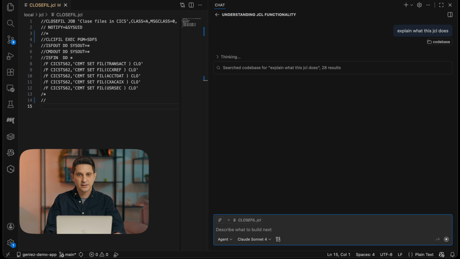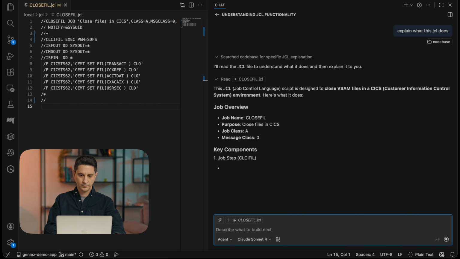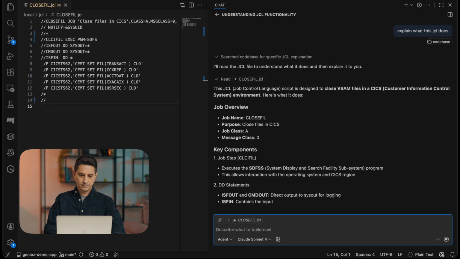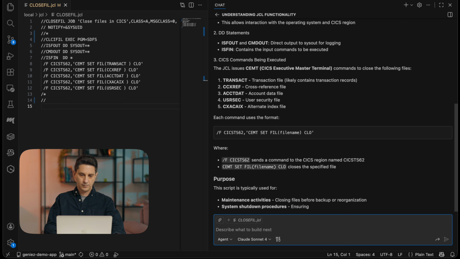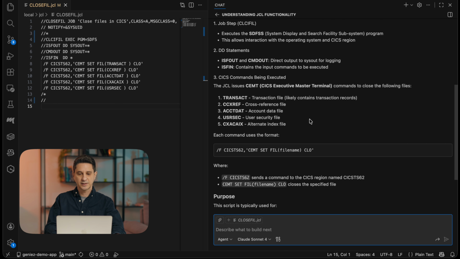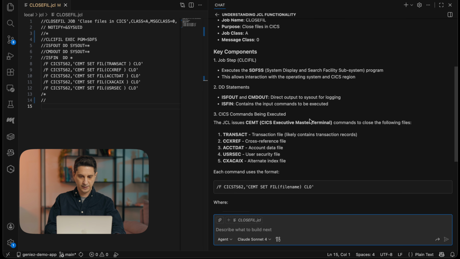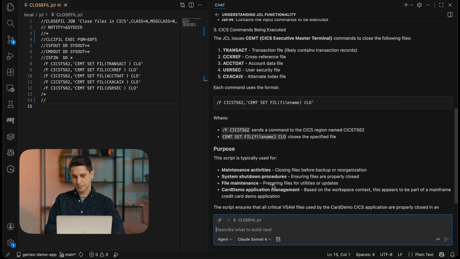And this is a basic capability of Copilot. It's going to look at the JCL and explain what it does. And as you can see, it came back and it's explaining that this JCL closes some CACS datasets. It's giving me the list of datasets and which command is used to close the dataset. This is a pretty standard